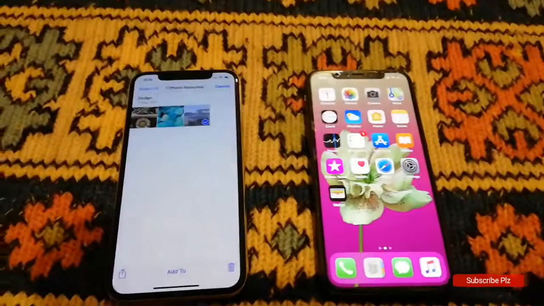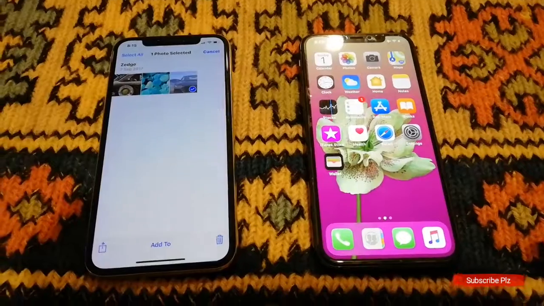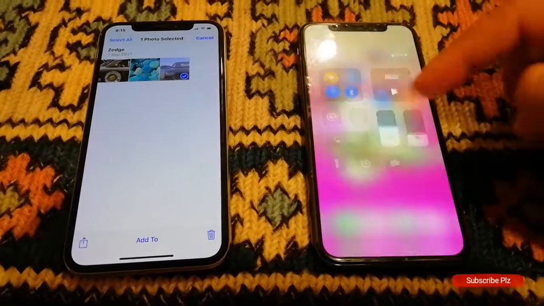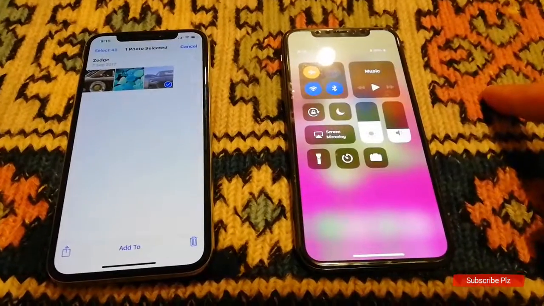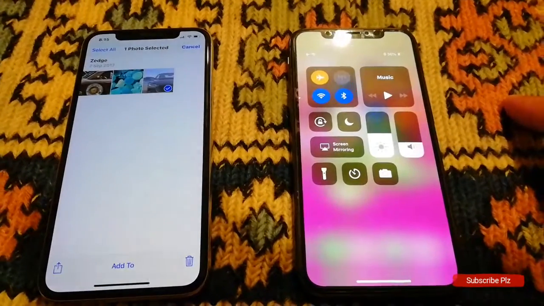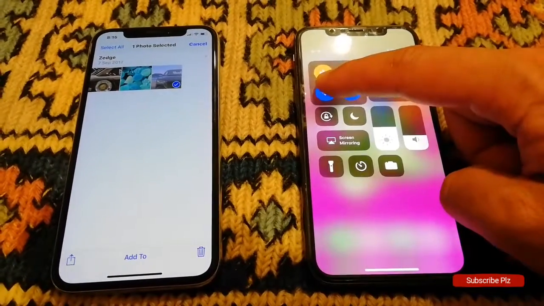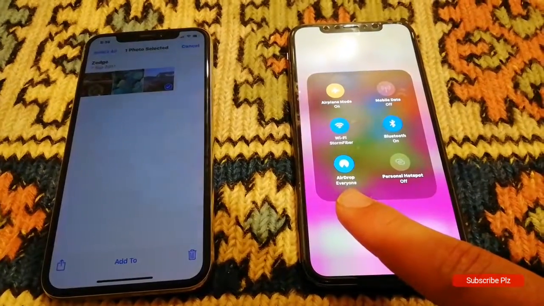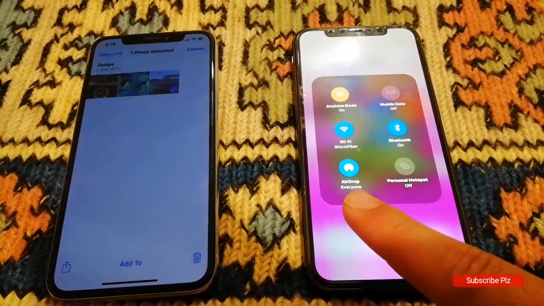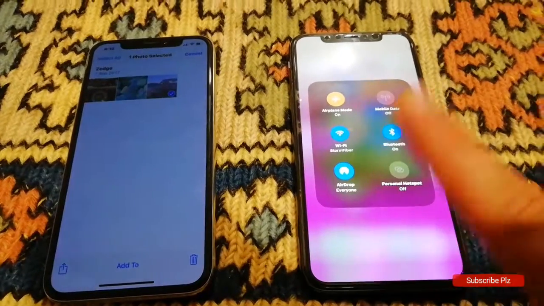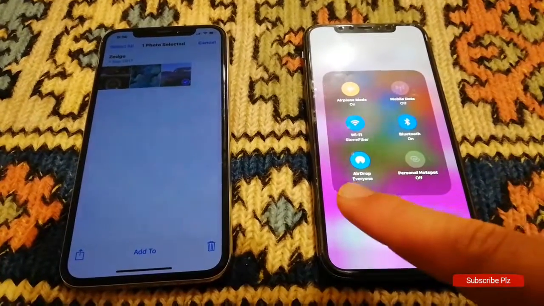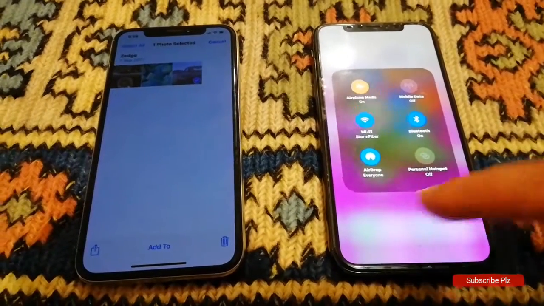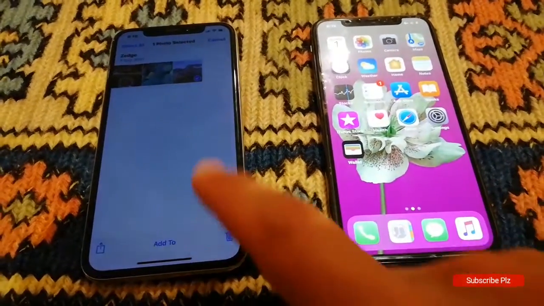As you can see, both devices are iPhone 10, and now you can use this. So I drop the notification panel and now check AirDrop from here. First, make sure you have opened AirDrop for everyone. So first, open this on the receiving device. So now I will